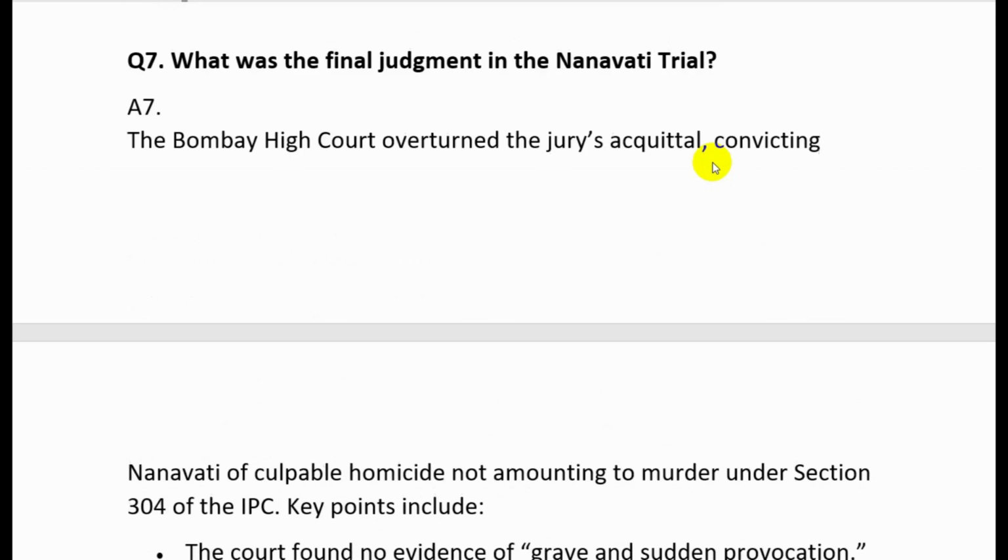So the main keyword here is that the Bombay High Court overturned the jury's acquittal, convicting Nanavati of culpable homicide not amounting to murder. So earlier there was a murder charge, but he was released by the jury. But later the High Court overturned the verdict, and Nanavati was convicted of culpable homicide not amounting to murder, which carries a sentence of 10 years imprisonment. Next,